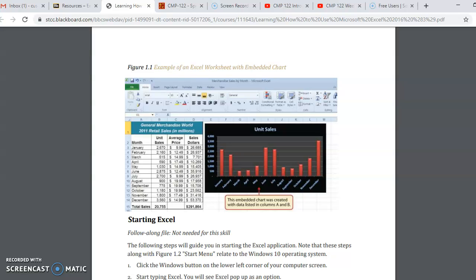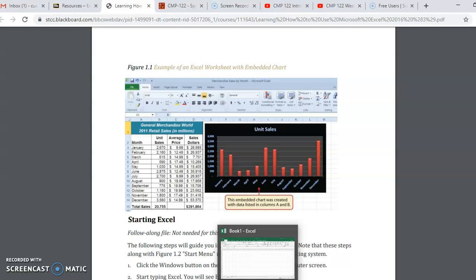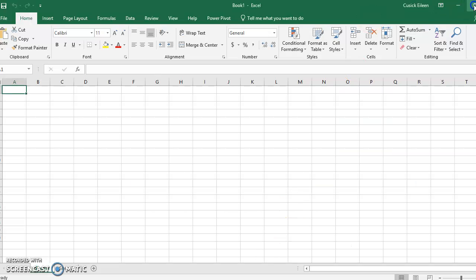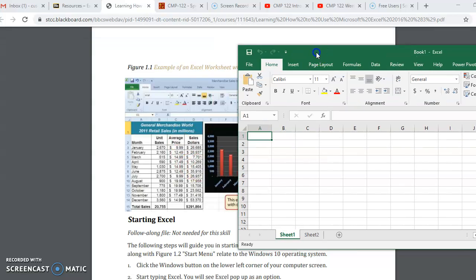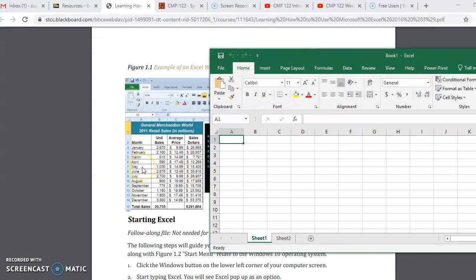And I want to show you how to create, we're not going to play with the chart right now, but we're going to just talk about how to create this piece here. And it won't look as pretty, I just want to be able to get the data out there. So let's go back, and I'm going to bring my screen down a smidgen just so I can go back and forth. So I have in cell A1, I'm going to type General